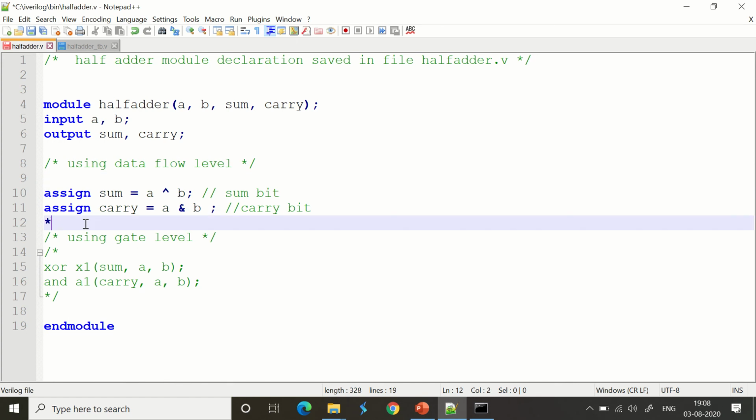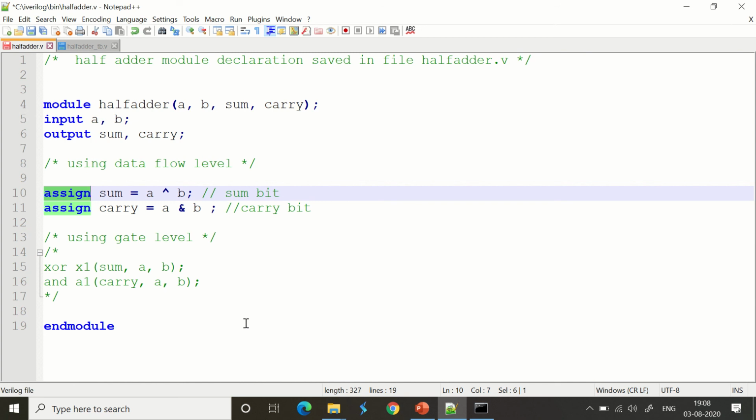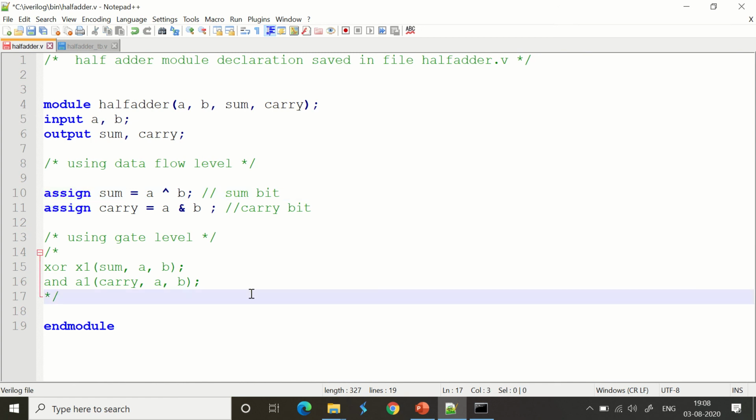When I go with the data flow model, I use the assign. Assign is meant for data flow model where the data is going to be taken with highest priority, which means how do we use the registers, how do we use the ports and then obtain the result, and where the data is saved is most important here. Let's not worry about what are the gates you are going to use. Instead, it is going to be the variables which we are going to operate on. A and B are important here. So that will be the most important component.